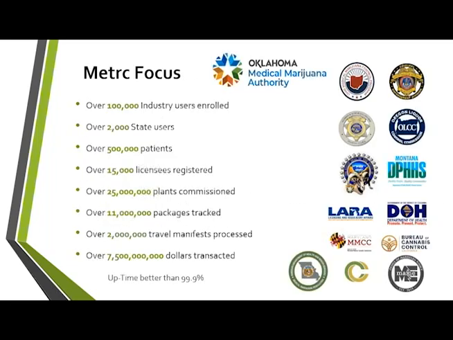So like I said, in 2013, we started with Colorado, and since then we've picked up several more states. And these numbers are probably already outdated, to be honest with you. But it's really just to show you that we do have a lot of experience with the industry and partnering with regulatory agencies to provide the reporting tool that can support a well-regulated market. And the last thing I just note there is that we do have an uptime better than 99.9%. So we very rarely ever have outages. And if we do have outages, they're usually scheduled maintenance, and we'll announce those beforehand.